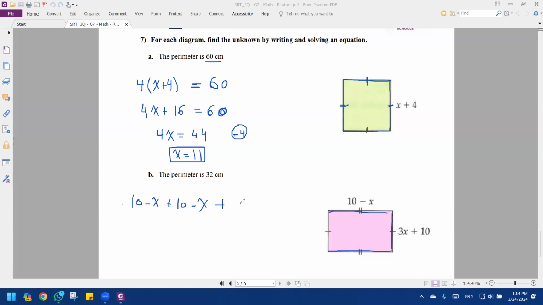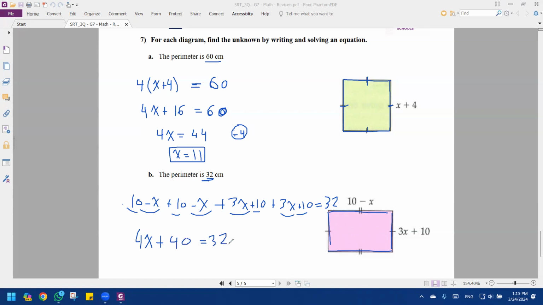Now this side, 3x plus 10. That side, plus 3x plus 10. And all of these together, they are equal to 32. Now let me simplify. I have 3x plus 3x, 6x, minus x, 5, minus x, 4. I have 4x plus 10 plus 10, 20, plus 10, 30, plus 10, 40,